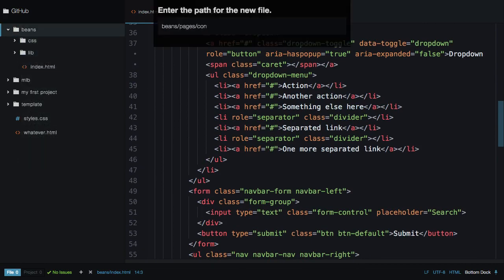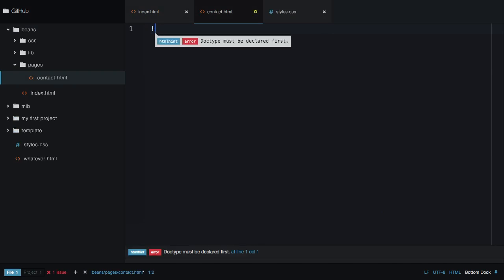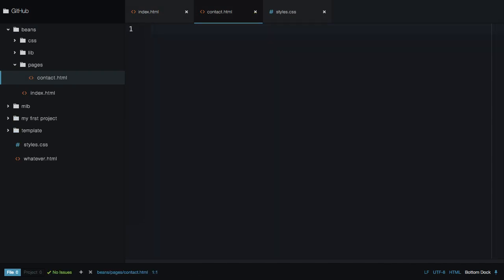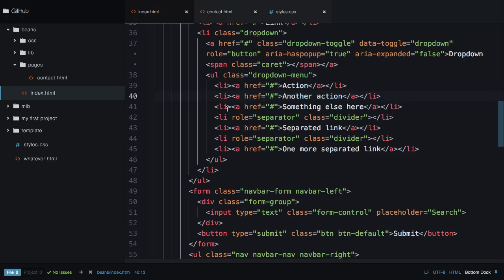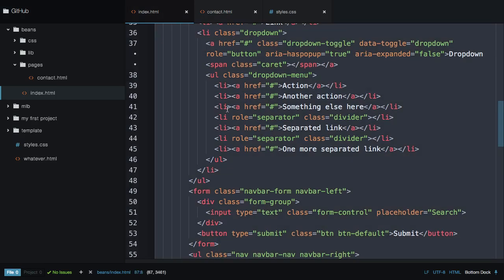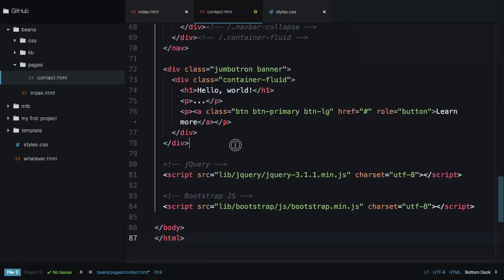So, new file: pages/contact.html. Actually, I'll take my index.html. It's going to be a pain, because you have to relink all of those files. For instance, here is our